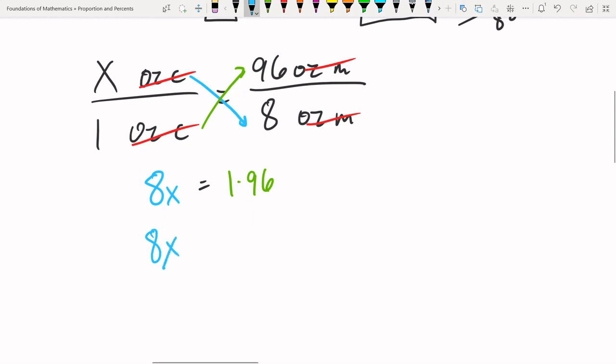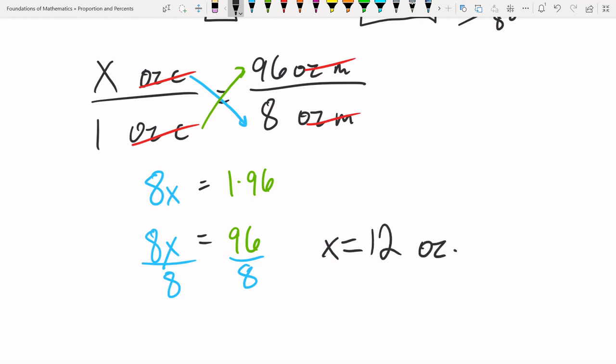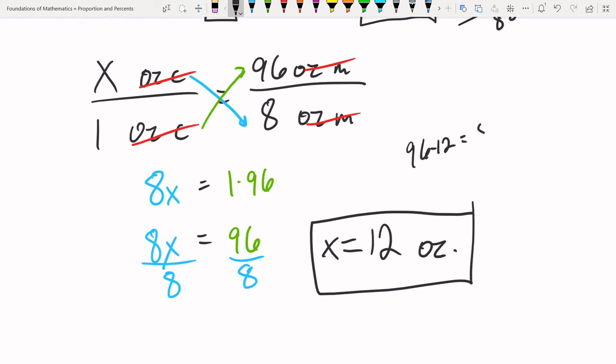Again, we have 8x equals 1 times 96 is just 96. And then we divide. Cross multiply, that's what the blue and the green gave us. And then divide. That's going to give us x equal whatever 96 over 8 is, which is 12. So to get a 96 ounce final solution, or total mixture, I should say, we need to have 12 ounces of chemical, which means, just a side note, 96 minus 12 gives us 84 ounces of water is also required